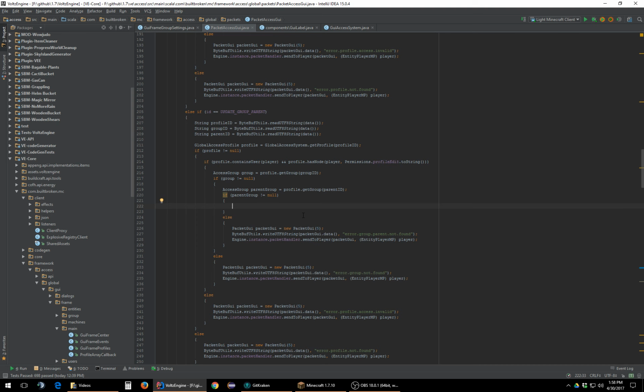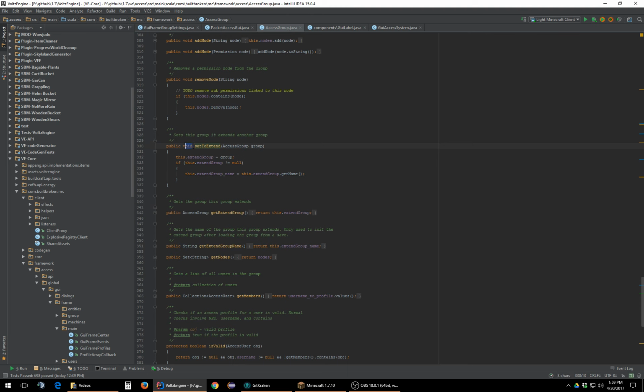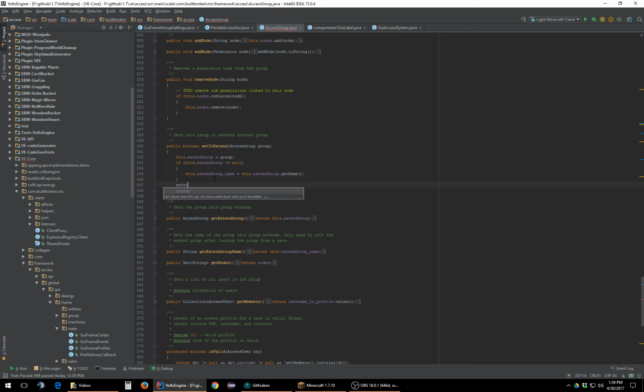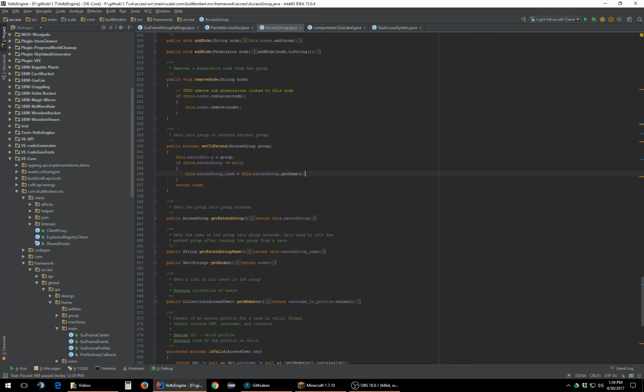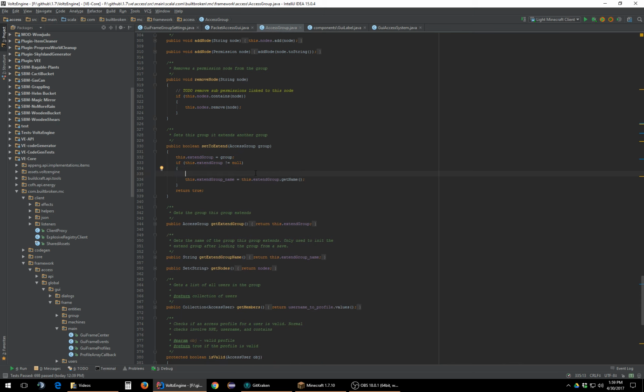I'm actually going to handle this in the system here. So I'm going to go parent group dot set to extend, and this actually needs to be group. And what we'll do is we'll go in here, and we're going to go Boolean. And we're going to return true. And then what we're going to do, it's actually supposed to catch the group too. This.extend group. Oh yeah, it's already done that way. So what we want is extend group doesn't equal null. We want to ensure that our parent object doesn't equal this. So